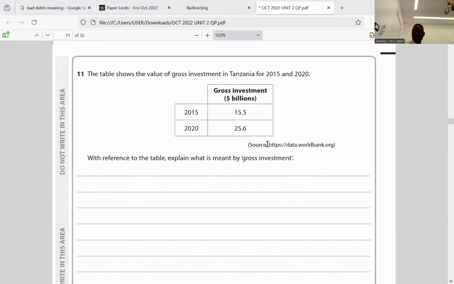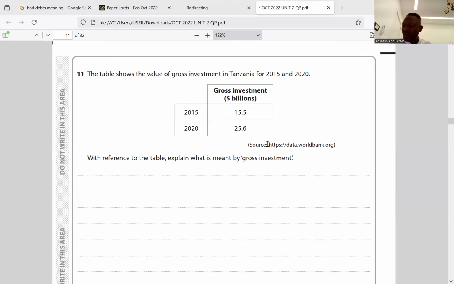Do you get the point I'm making here? I'm not saying your calculation is wrong, but there's a better way of saying it. Take the calculation out of it. If they ask you about gross investment and you've forgotten the calculation about net investment, what will you do? Just put in your mind that gross investment means investment without putting into consideration the depreciation, the loss in value of assets over time or through usage.